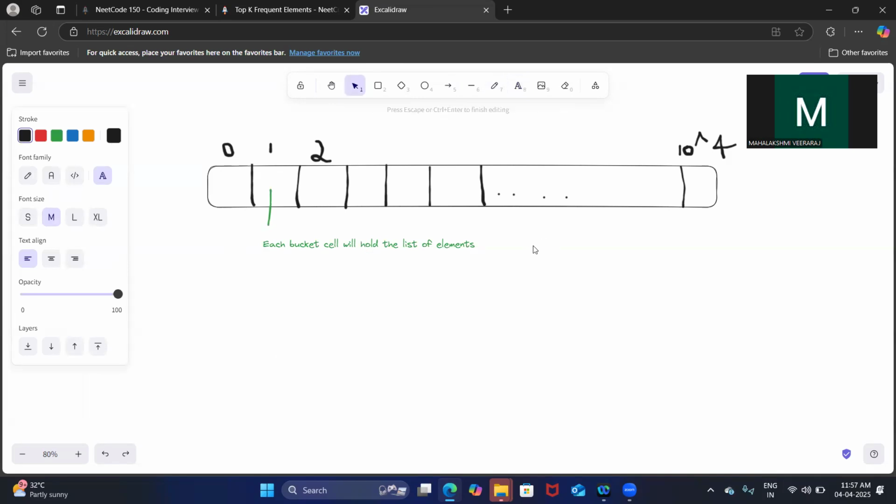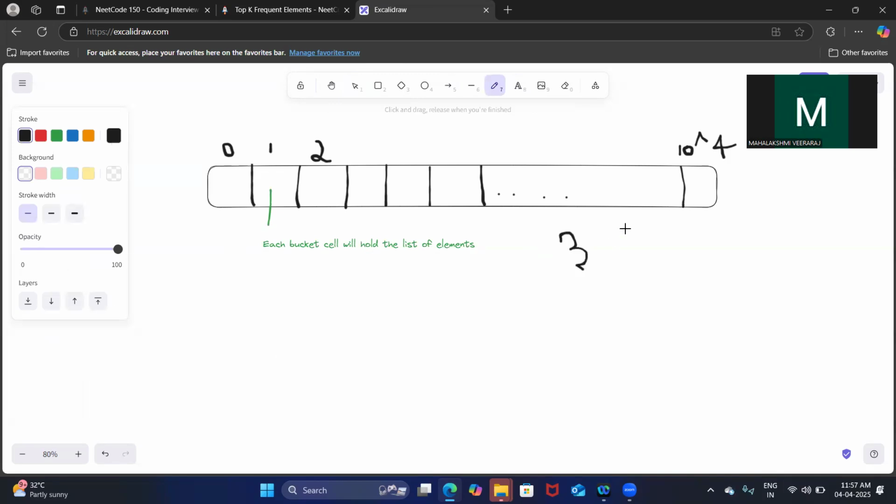So in our example, we have 3, 2 and 1. 3 occurred 3 times, 2 occurred 2 times and 1 occurred 1 time, right?